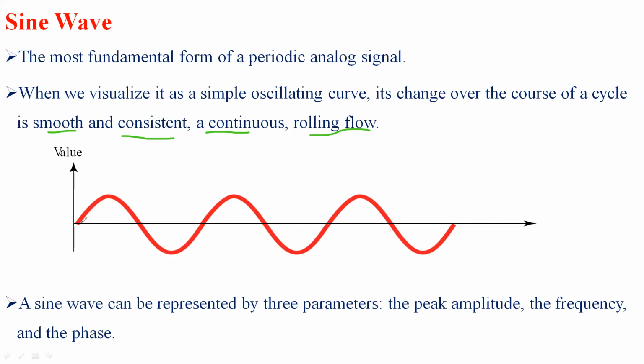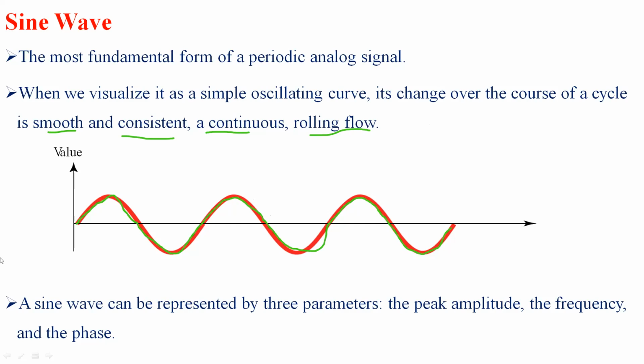Here, each cycle consists of a single arc above the time axis, followed by a single arc below the time axis. Again, it is followed by a single arc above the time axis and a single arc below the time axis. Again, one more above and below the time axis. So this is the representation of a sine wave, which is not decomposed into a simpler form.